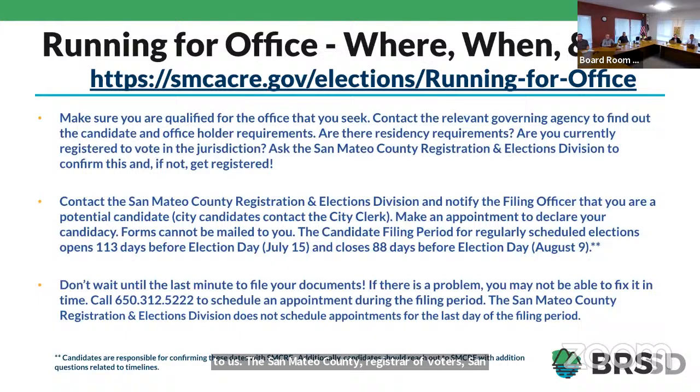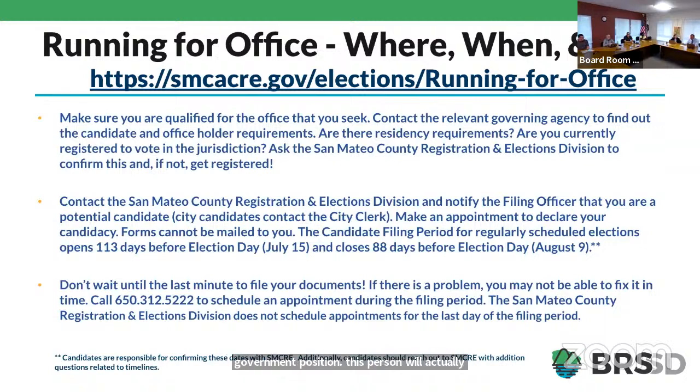There's a great article, the 10 things you need to know for running for office. It is a formal office. It's unlike PTA or school site council, which are locally elected. This one is elected just like any other government position. This person will potentially be on the presidential ballot in November of 24.